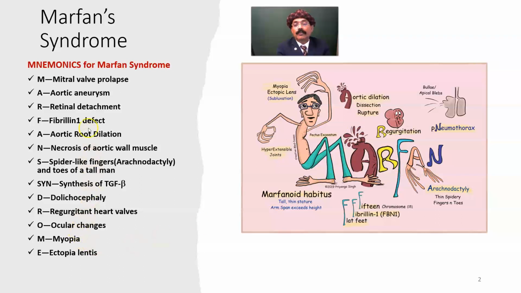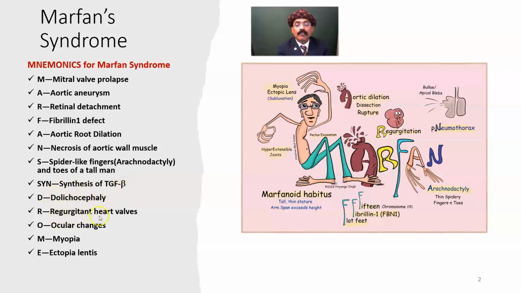So here we have the mnemonic: mitral valve prolapse, aortic aneurysm, retinal detachment, fibrillin 1 defect, aortic root dilation, necrosis of the aortic wall. There is cystic myonecrosis of the aortic wall, spider-like fingers, arachnodactyly, and toes of a tall man. Synthesis of transforming growth factor beta,